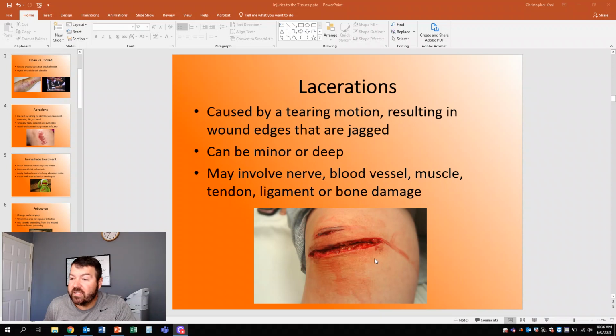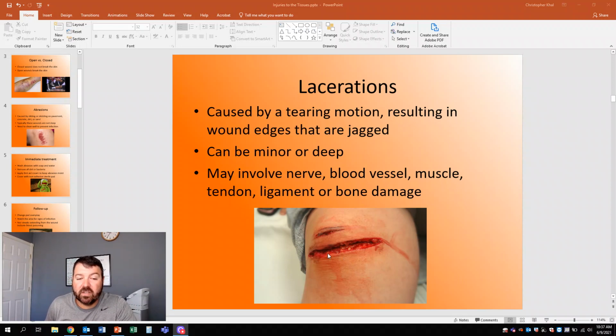There's the meniscus, which is like a shock absorber in the knee, which is deeper. That could be affected. So you don't really know the extent. Obviously blood vessels. There are a lot of small nerves in your skin, which could be damaged, but you don't know. So this is where you would recommend a higher entity to get treated.